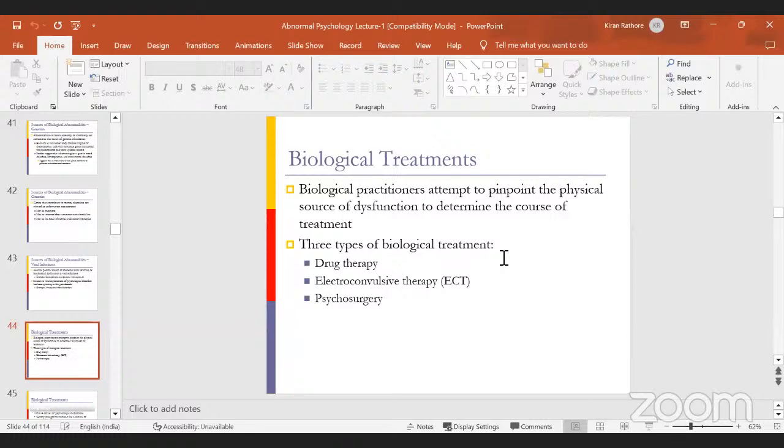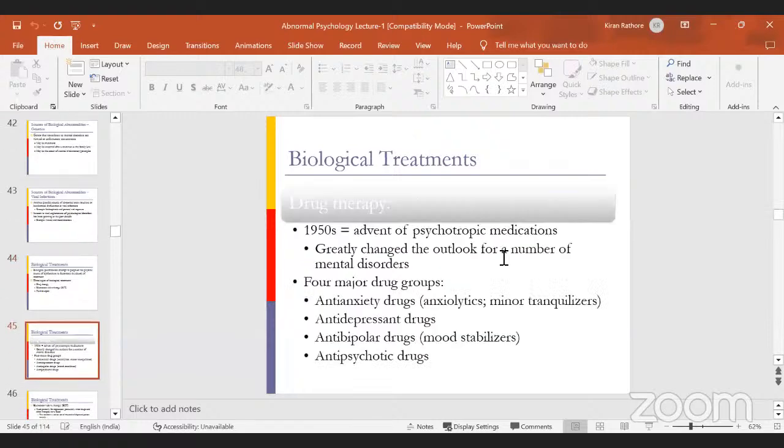Usually, no doctor will opt for it, but sometimes, especially in rare cases of OCD, when the person's life is extremely difficult, psychosurgery, where some part of the brain is removed, is used. Okay, then comes your